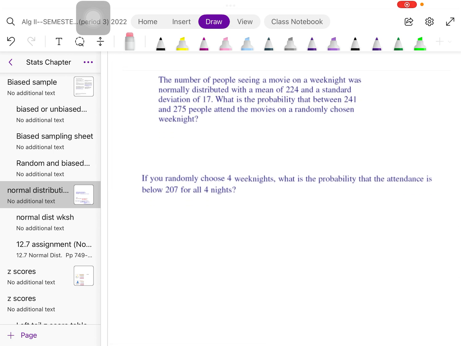Okay, let's try another one. The number of people seeing a movie on a weekend is normally distributed. Excuse me, that's on a weeknight. The mean is 224 and the standard deviation is 17. What's the probability that between 241 and 275 people attend? So I need my bell-shaped curve. My mean was at 224, so I need 1, 2, 3, 4. 1, 2, 3, 4. So when I add 17, I get 241,